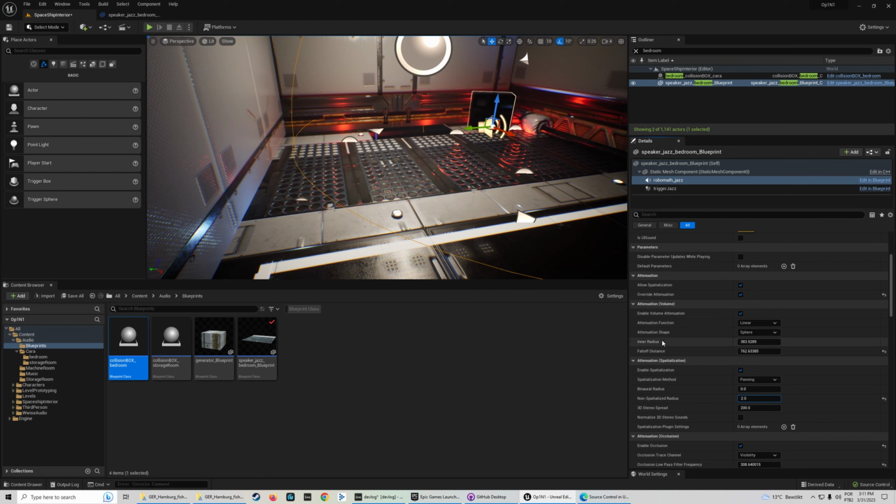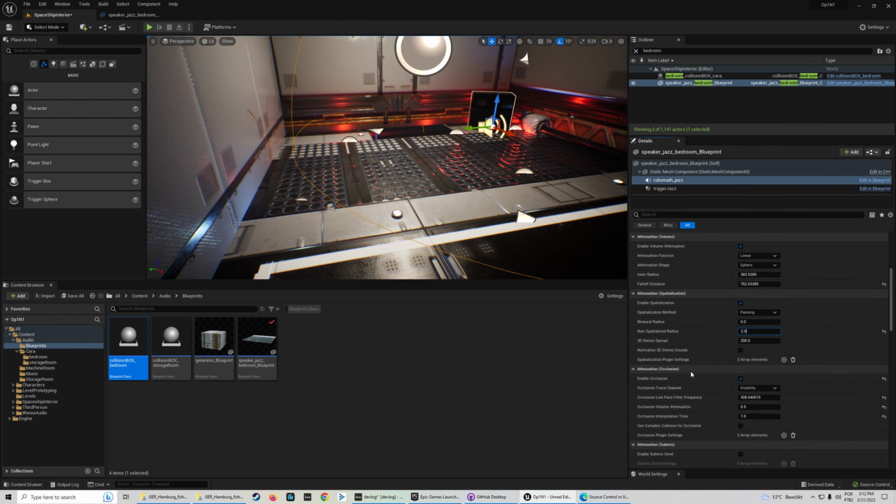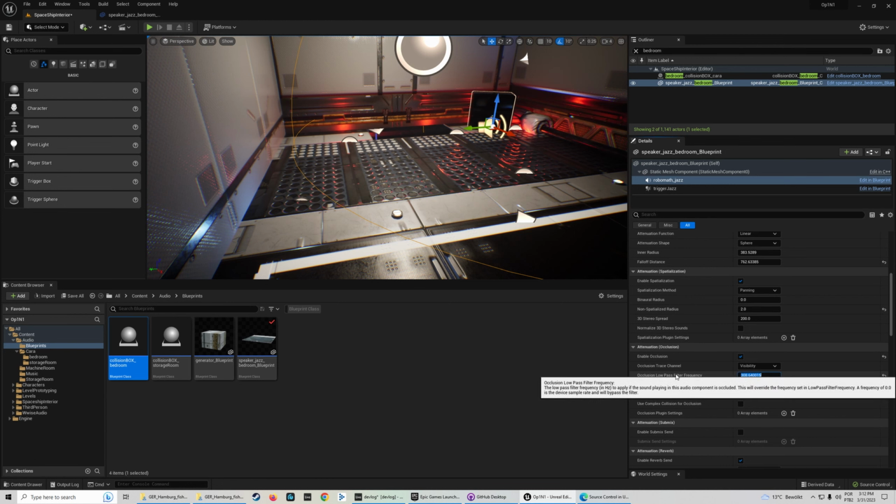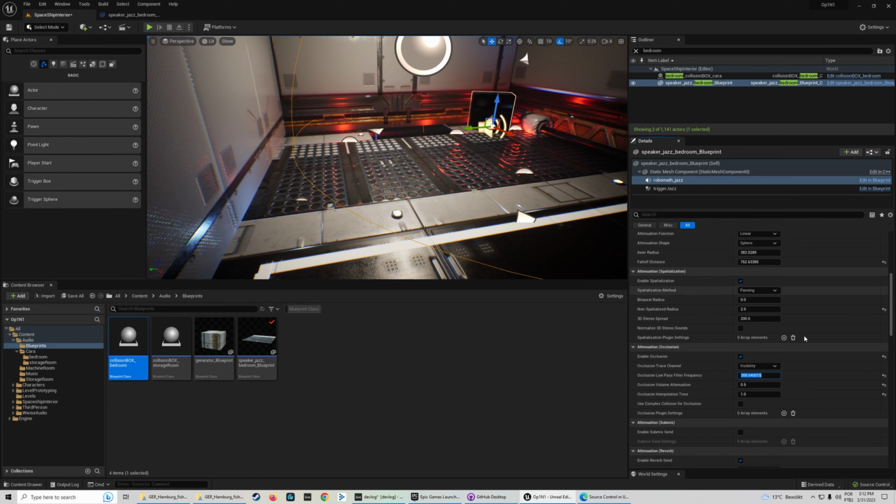When I get close enough, it doesn't pan anymore. But if I get a bit far from the speaker, then it activates the panning again. And occlusion is being set here as well. Low pass frequency on 300. I believe this is hertz. But I confess I was doing it by ear, yes, low pass frequency in hertz, because sometimes Unreal has some numbers that don't mean what you think they do. So it's always good to doubt a bit. But yes, it's 300